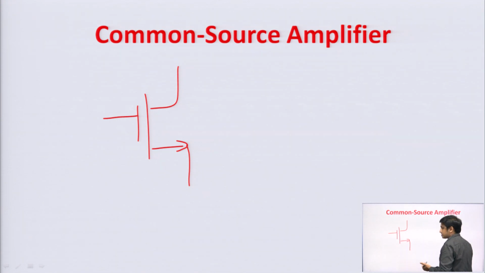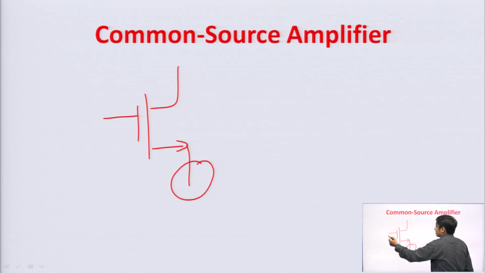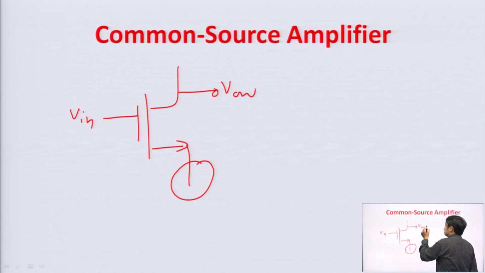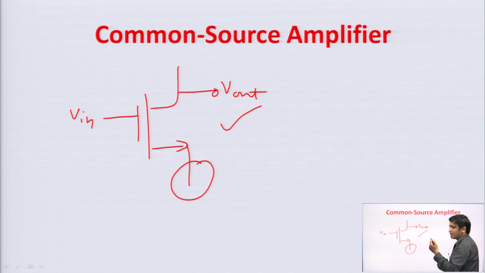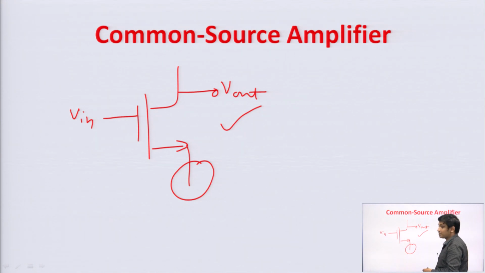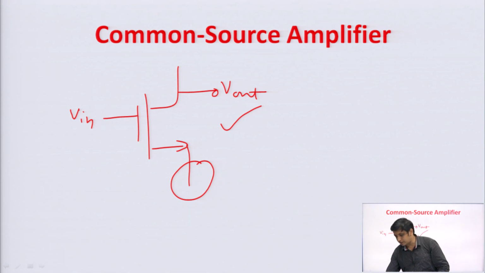I will suggest that you should refer firstly to lecture 5 and lecture 6. In lectures 5 and 6 I had discussed common emitter, common base and common collector configuration. Once you understand that, you can easily understand this also. In common source, your source terminal is common, we apply the input signal at the gate and we take the output from the drain. To design any voltage amplifier, we prefer this common source amplifier, like in BJT we prefer common emitter amplifier.